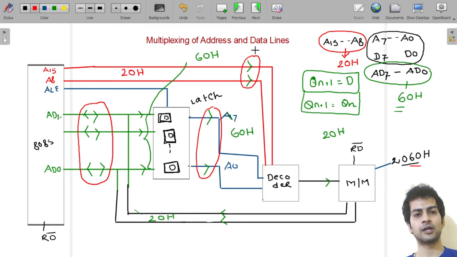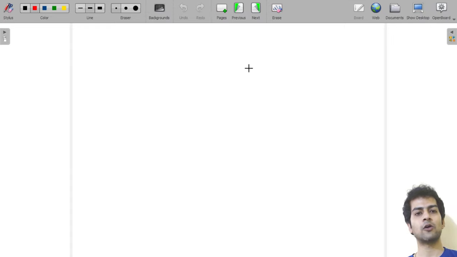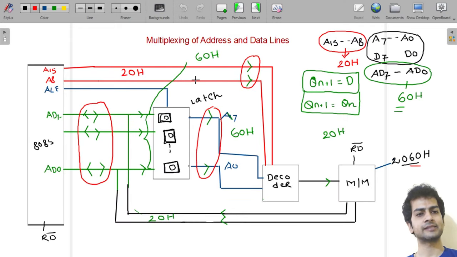Now you will say, sir, why are we doing all this multiplexing? It would have been better if we had used separate address lines and separate data lines. Our complete A15 to A0 would have worked as an address line at all instants, and we would have had another 8 pins for data lines D7 to D0. Then see the problem was,